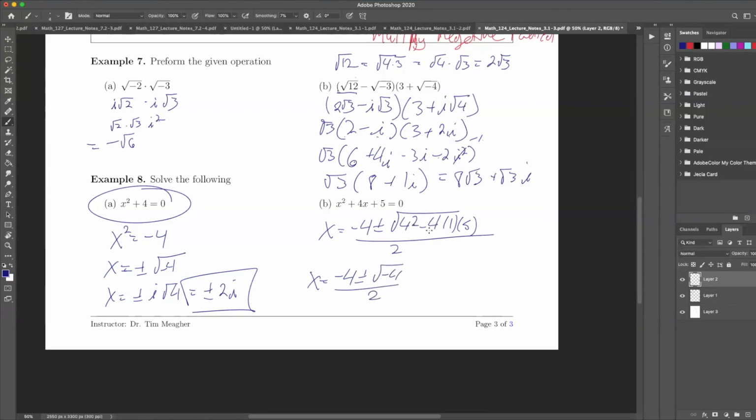So this becomes 16 minus 20, which gives me minus 4. Well, here I can rewrite this as minus 4 plus or minus i square root 4 over 2, or negative 4 plus or minus 2i over 2, which is just the same as negative 2 plus or minus i. And here, once again, we can solve this. Now these two